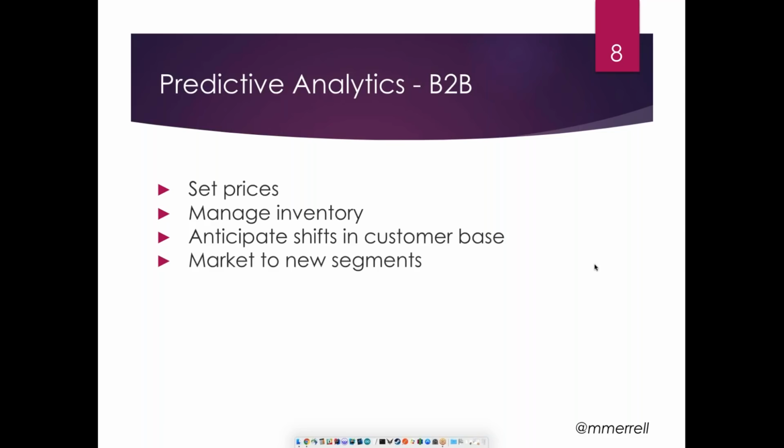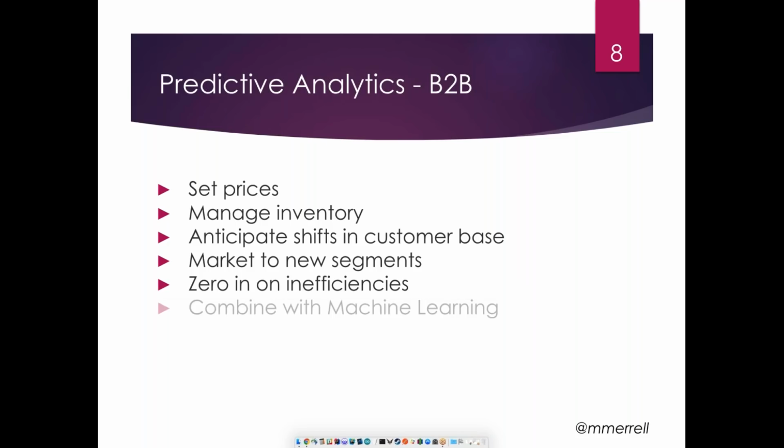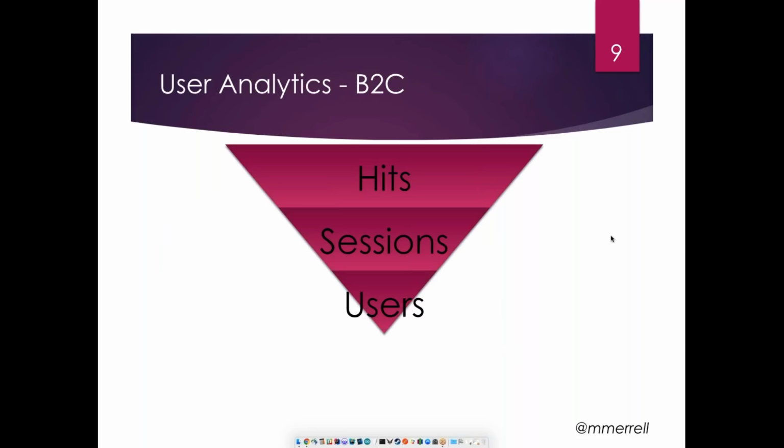It allows you to market to new segments of customers you hadn't really thought of before, if you're able to watch and keep an eye on your competitors' analytics. And you can zero in on inefficiencies within your, well, like I said, supply chain or your distribution chain. You can combine this with machine learning, basically, to try to conquer the world, which is how the recent unpleasantness of some headlines have shown up. And I think in a moment we'll talk about the big Facebook.